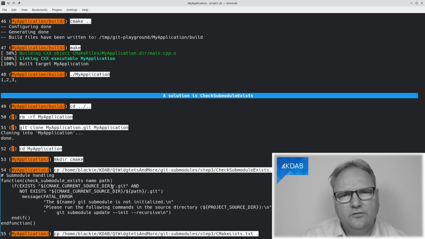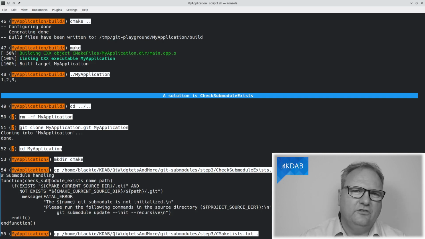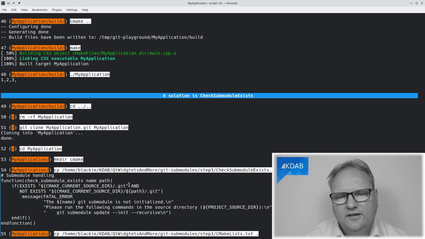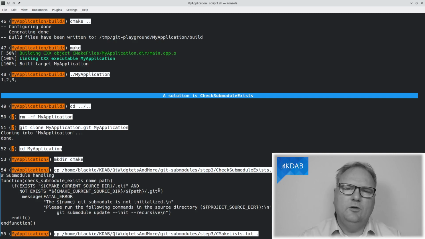So if in the root of my source directory there is a .git file and there is not a .git in this path specified, then I will print out this error message. The first if is just for if you clone this off and export it and delete all Git references. It will still have that in the CMake file and should of course still work. So if you do not have a Git, then there's no problem. But if you have a Git up there and you do not have a .git down there, that's simply because you forgot to initialize your submodule.